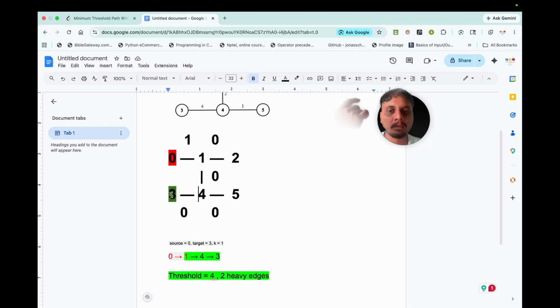So at 3 we will have 1, at 4 we will have 1, at 1 we will have 1, at 2 we will have 1, at 5 we will have 1. So